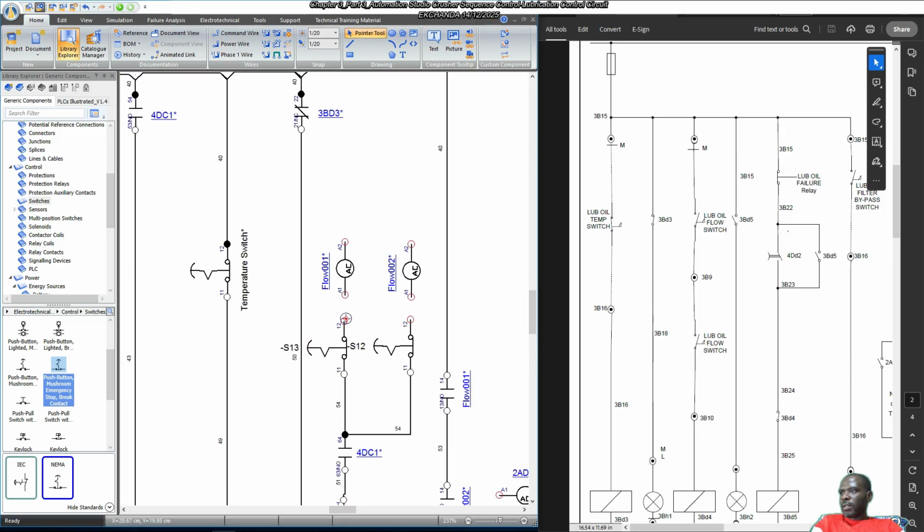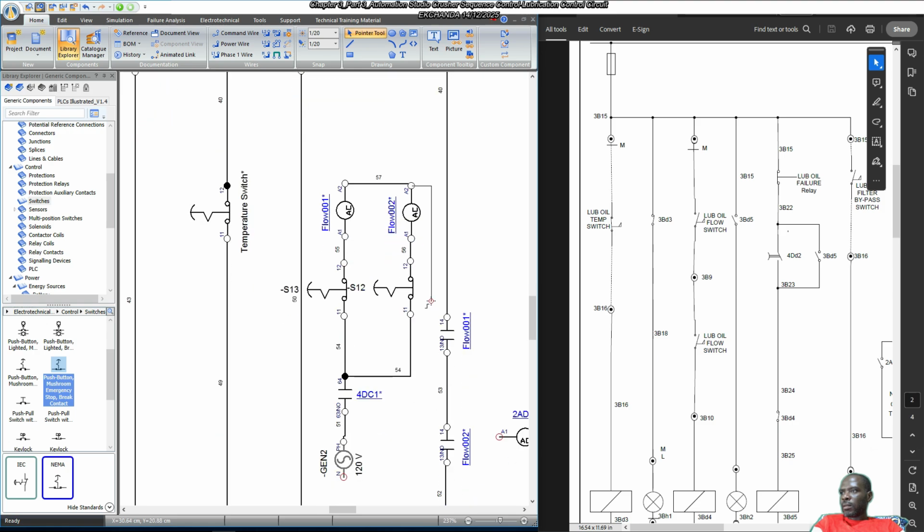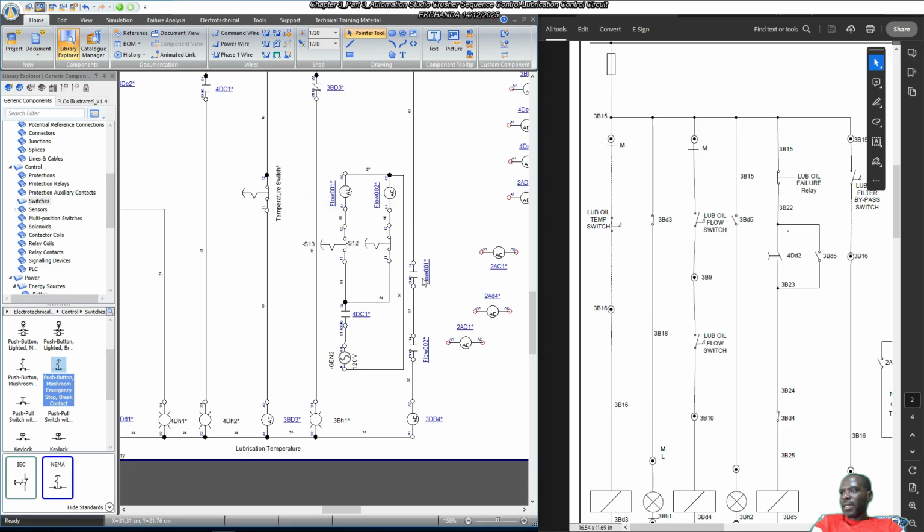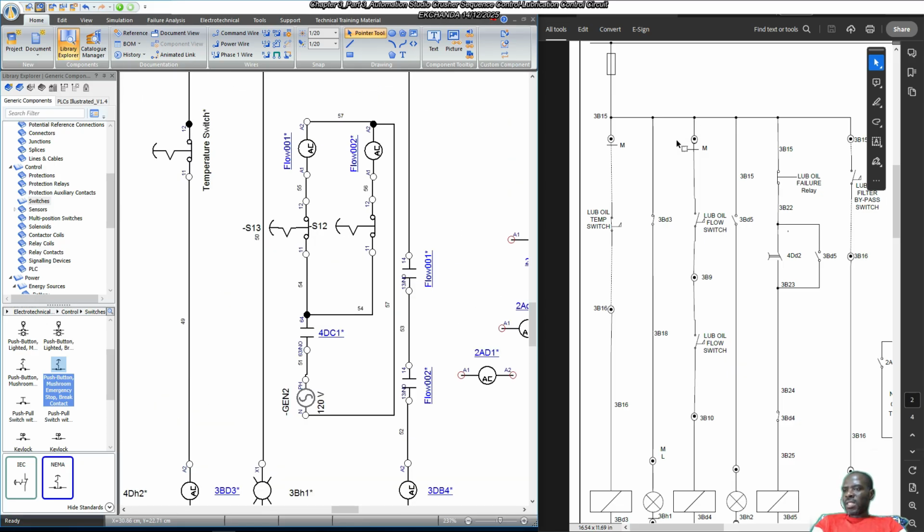Okay, so we just need to link this like so. Okay, so this addition here is not part of the original schematic, but it's just so we simulate the availability